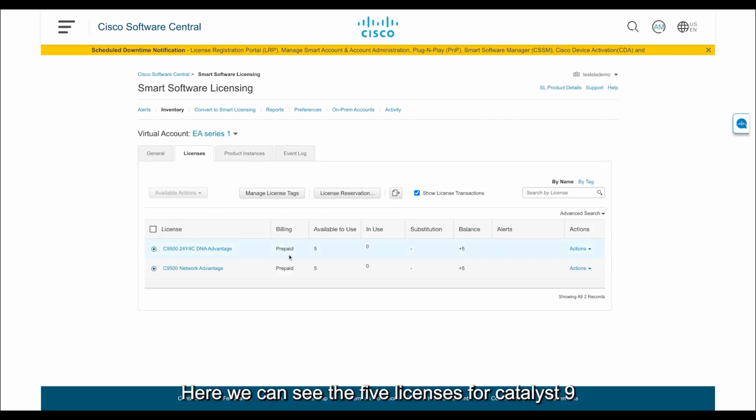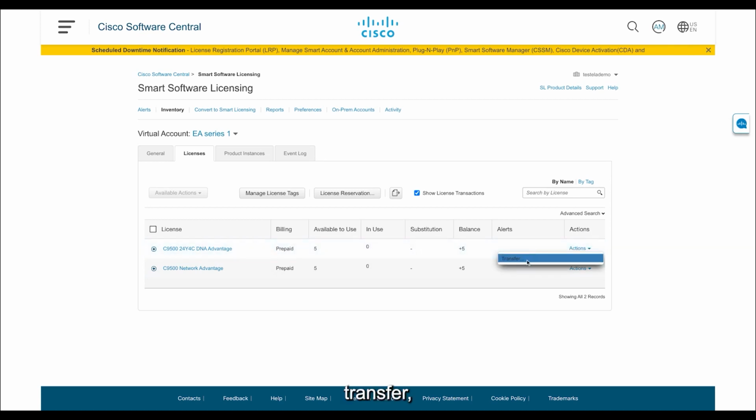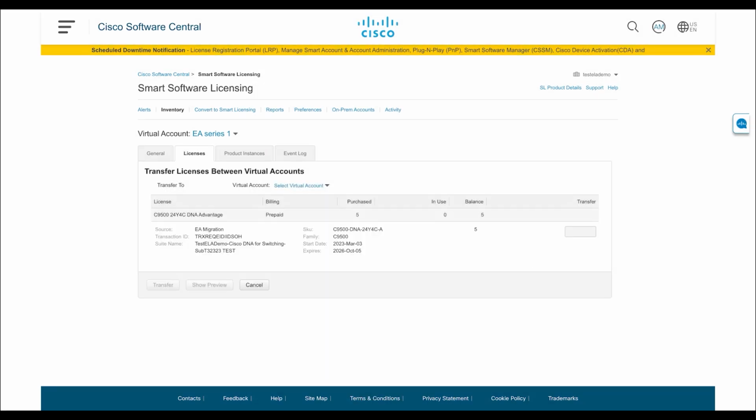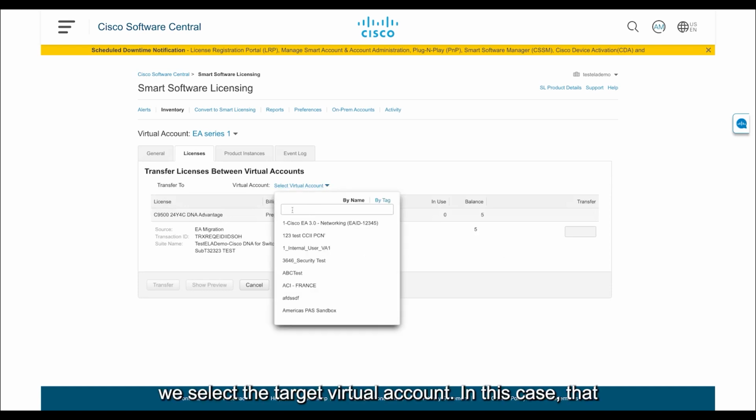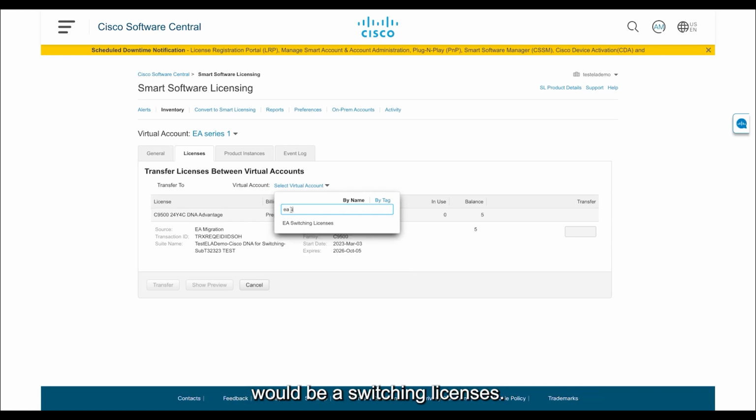Here we can see the 5 licenses for Catalyst 9500, which we would like to transfer. We go under Actions, Transfer. We select the target virtual account. In this case, that would be EA